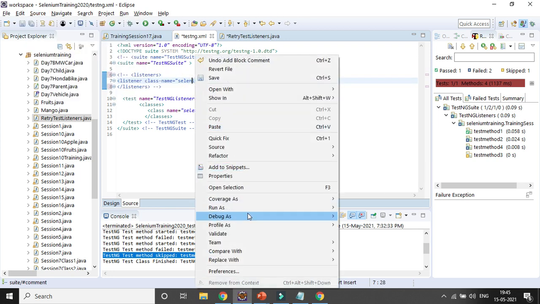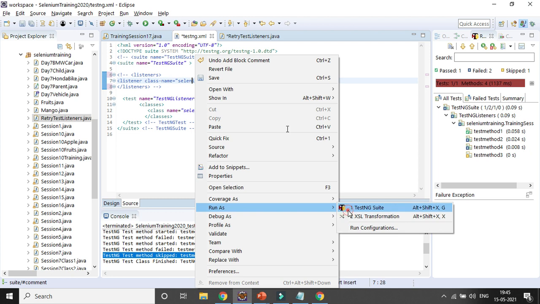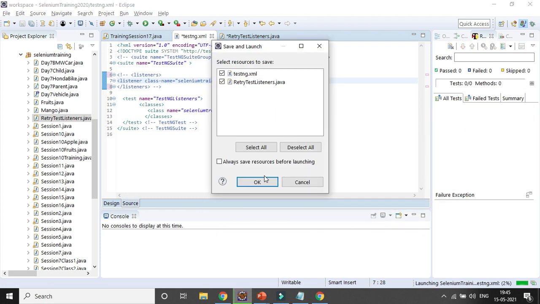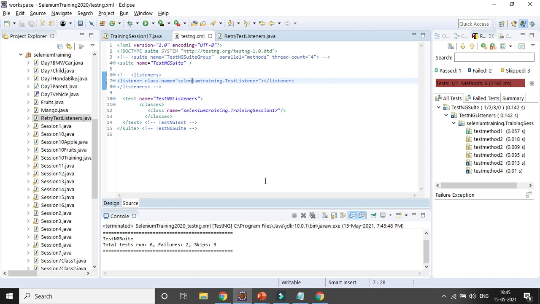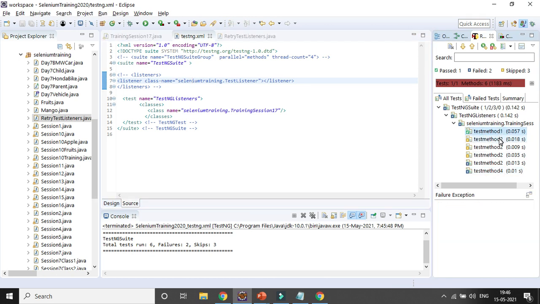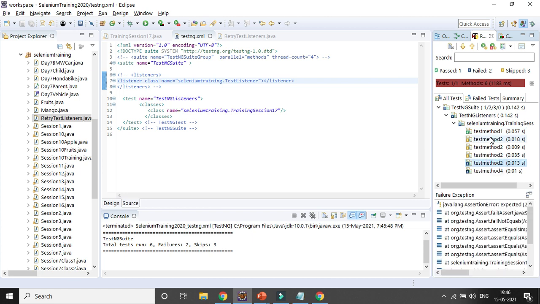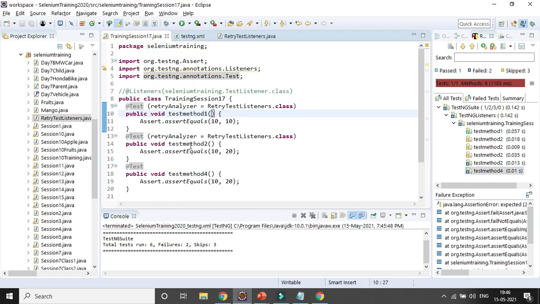So how many times will it run in total? It will run a total of 6 instances. One is for test method 1, because it is passed, it will run one time. For test method 2, it will run 4 times, from 0 to 3, and test method 4 will run only one time. You can see test method 1 is passed, so it runs one time. Test method 2 runs 1, 2, 3, 4 times. One will be failed and the others will be skipped, because the same thing, once it is failed, the rest get skipped, and test method 4 runs for one time. So that's why I can run it.